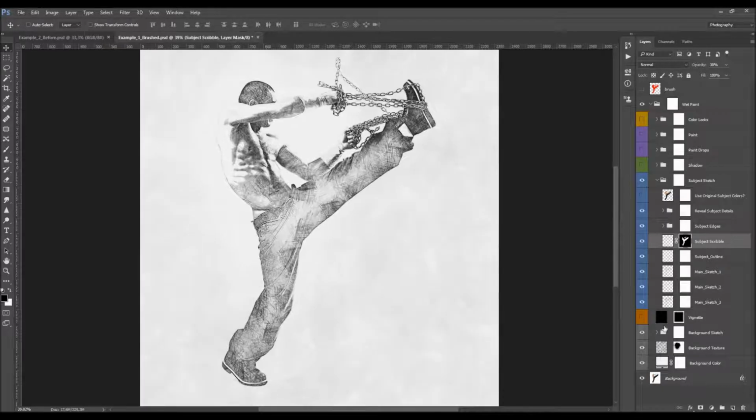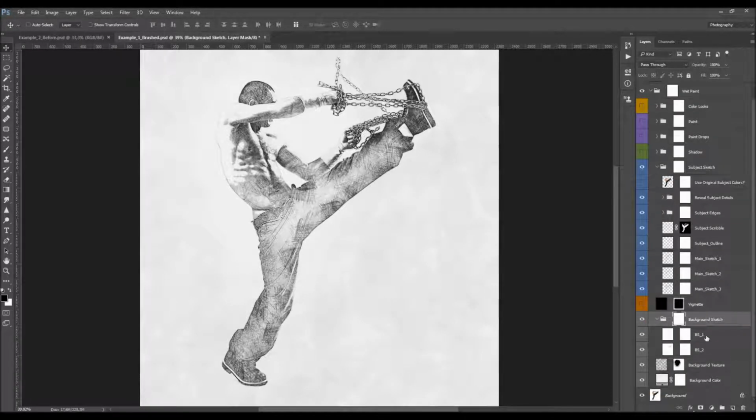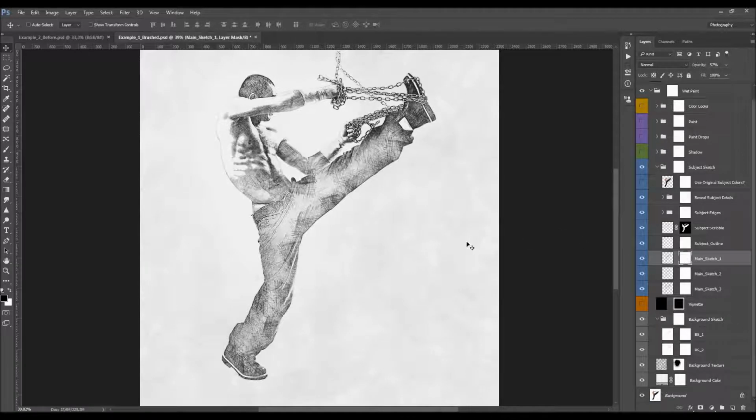So each of these sketch layers, also the background sketch layers, have their layer mask. So if you wish to remove some sketch for some part of the photo, you can just select this layer mask and brush with the black. Okay, so for example, I can select this layer mask here and brush over here, and just going to remove this sketch from that area where I have brushed. Okay,